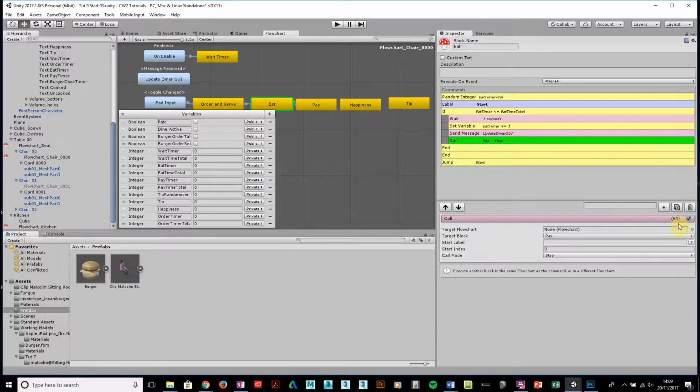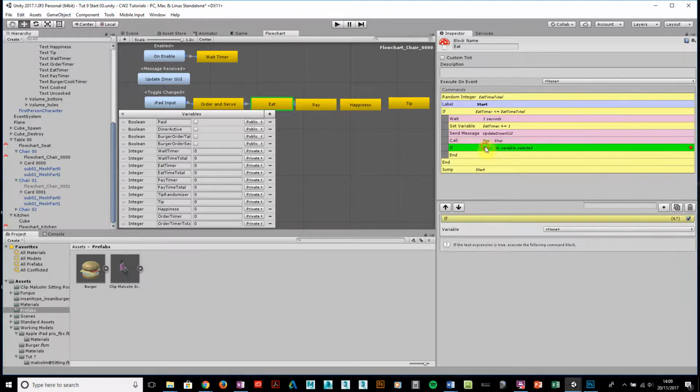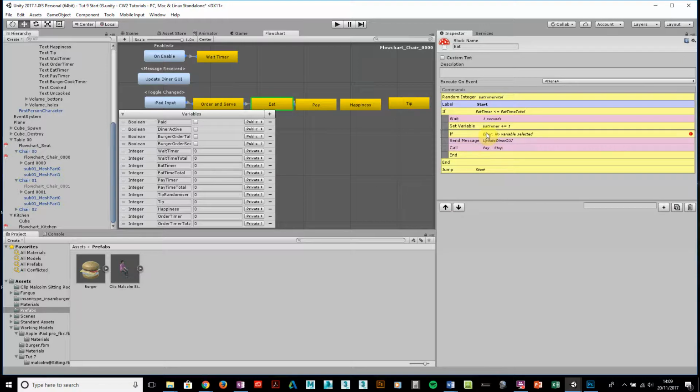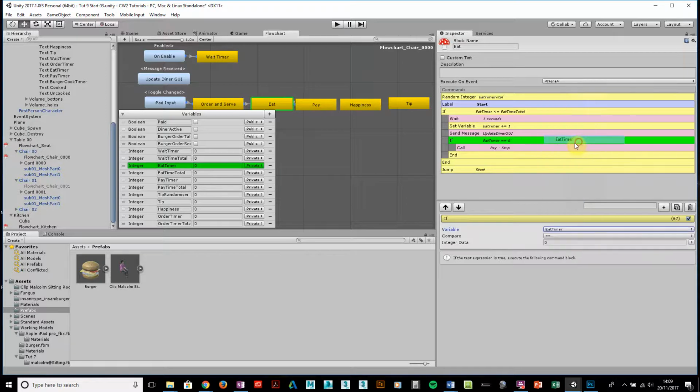Then we can do an if statement, flow if, after the send message. And if eat timer is greater than or equal to eat time total, this is just ticking through the